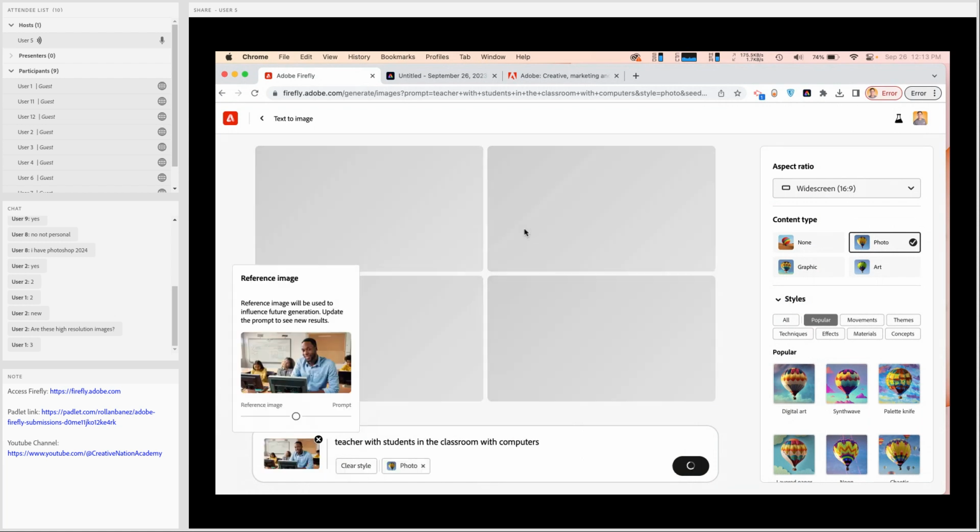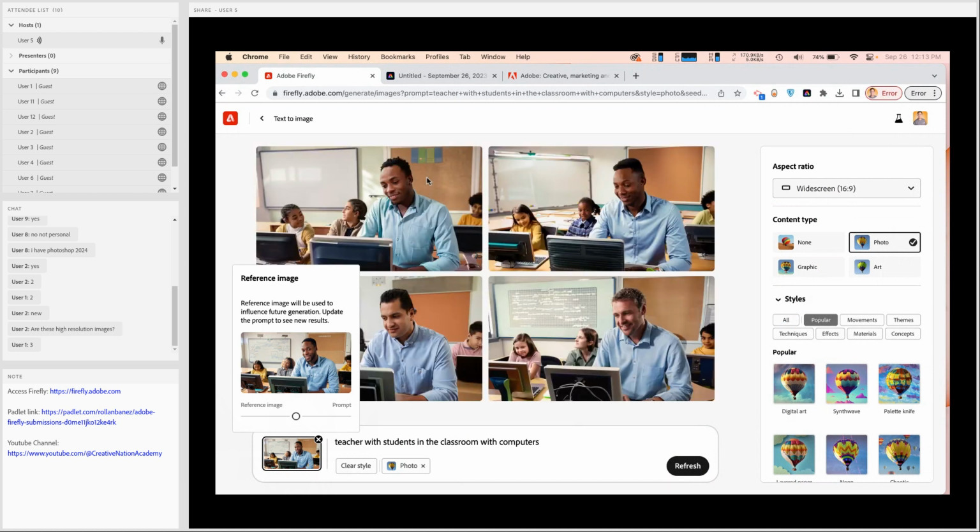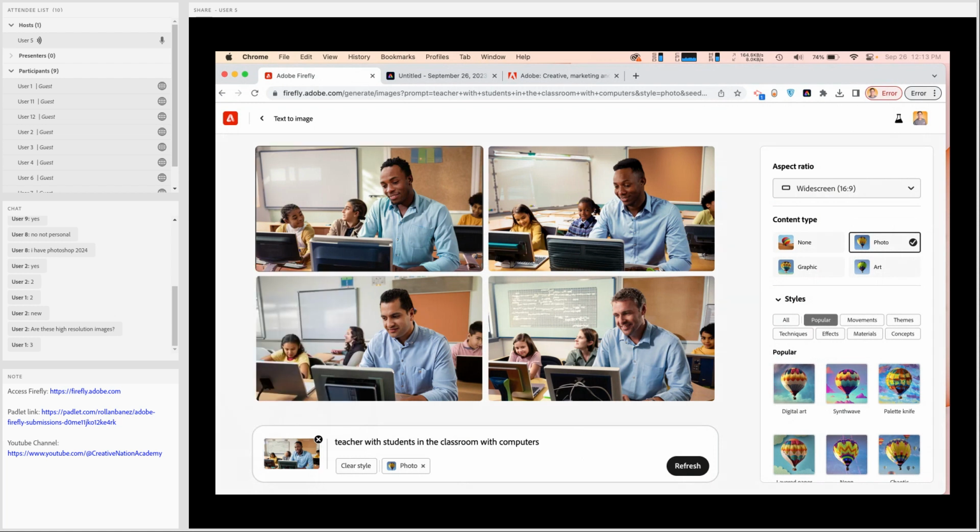Let's click on that, and this will generate an almost perfect composition. For example, as you would see here, all of the composition itself, the teacher here, the students here, the only thing that's different is how the image has been generated on specific levels, for example.